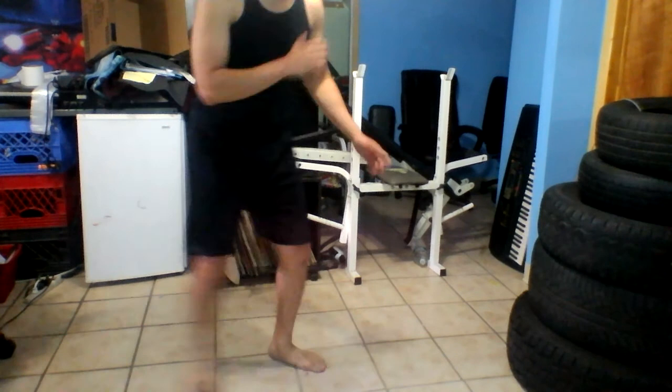So one thing that you can do to improve your sidekick is to stand right here. I like to practice walking into it because when you're actually in a fight, you're not going to be just standing with the guy trading, unless you're a real badass. That's usually called toe-to-toe fighting. But generally you're going to be moving in and out of range and striking your opponent and then moving back out. Or, hopefully continuing. I don't really like to move back out. I like to move forward and